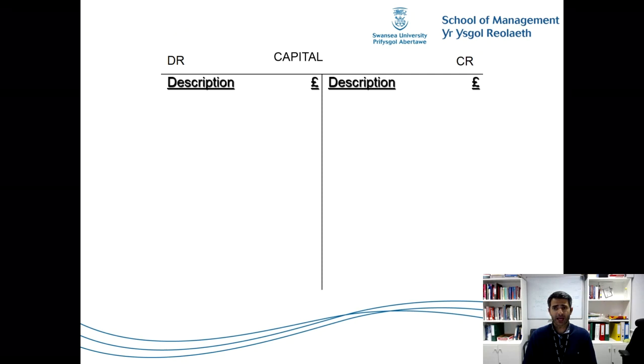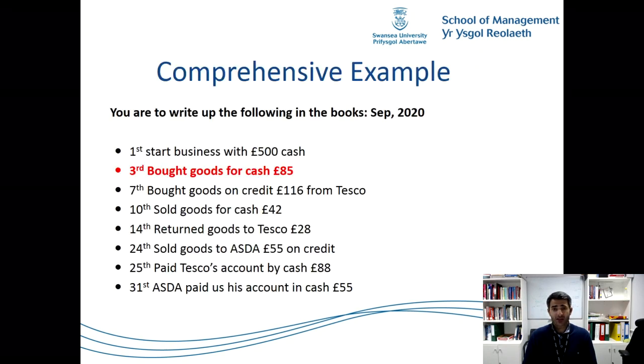Same with the capital. Our capital goes up by £500. How did we raise the money? We raised it by cash. Again, this is the way you need to do it. This is the first transaction. The second transaction,